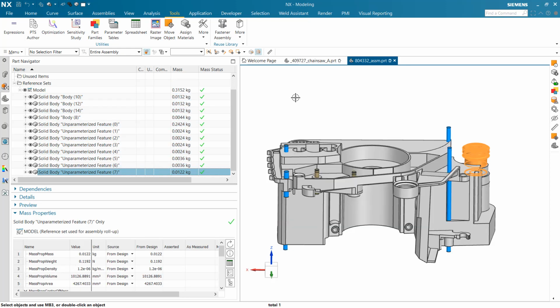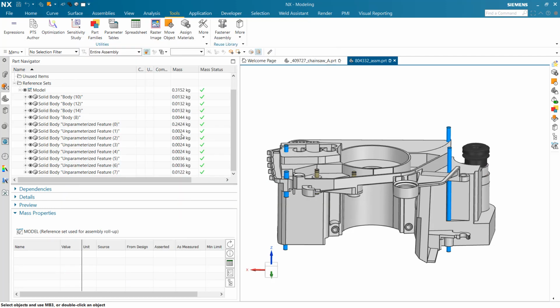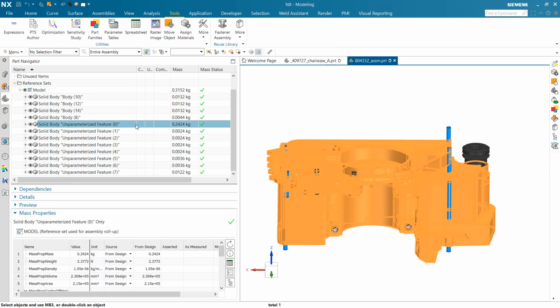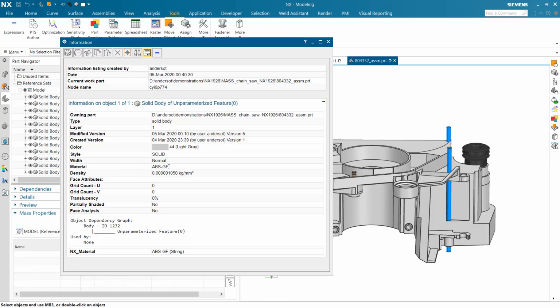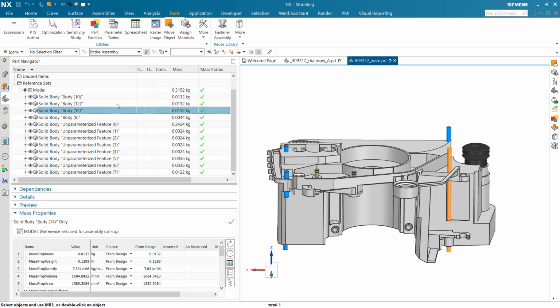This guy over here, what's going on with it? It does have nylon assigned, so that looks like that one's good. And we had this body up here. Let's look at that one. That one is ABS. Okay, so that one's got a material assigned as well. What are these guys up here? These look like